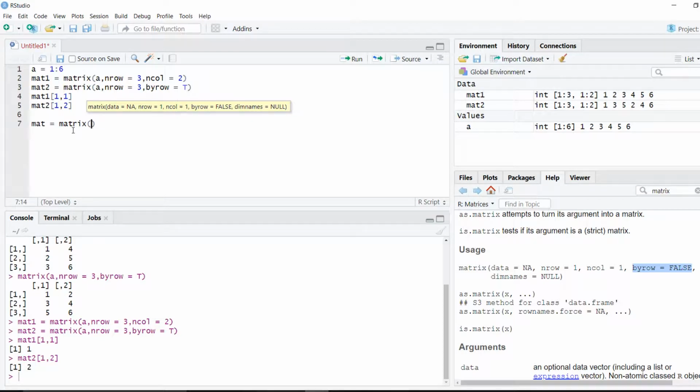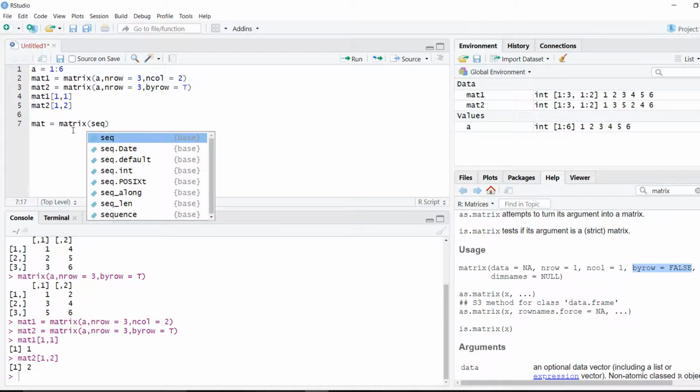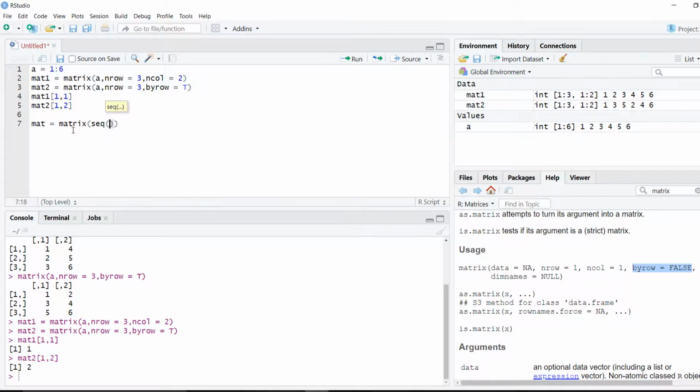I'll make it into a sequence, I'll start with 0, and I'll say by is equals to 2. They are increasing by 2, and comma, I'll say length out is equals to 12. I have now 12 values.